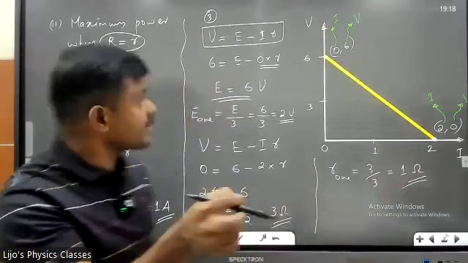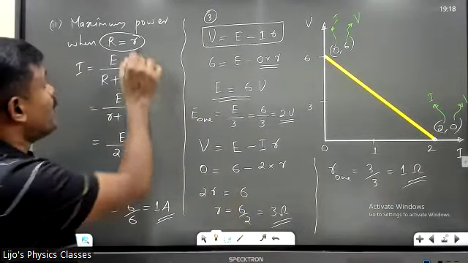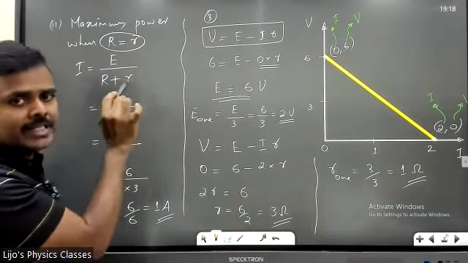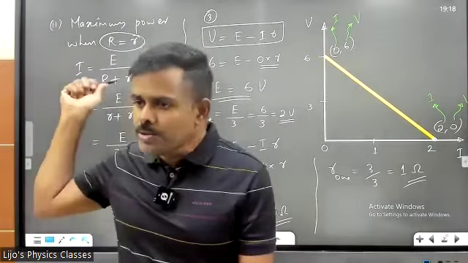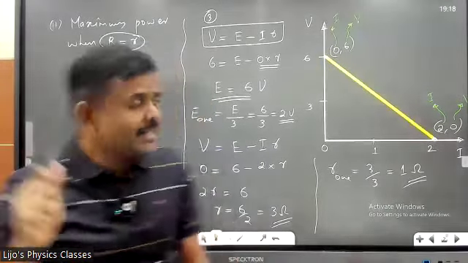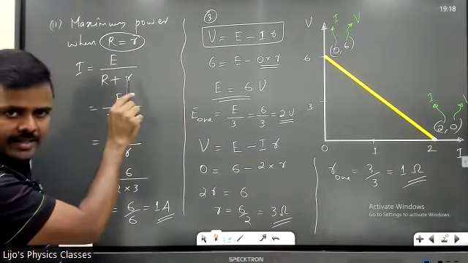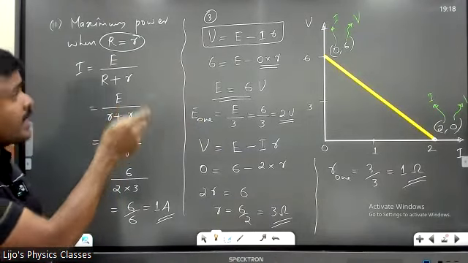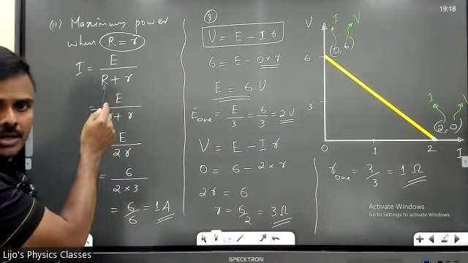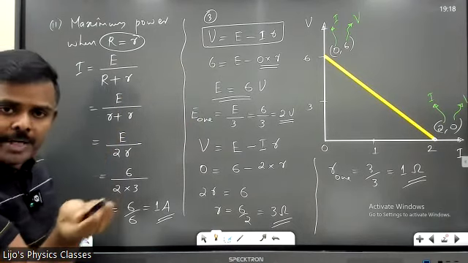And they are also asking in the second part, it's a 3-mark question, maximum power. When is the power maximum? Capital R is equal to small letter r. Got it? And then I write the current. They are asking for current, E by R plus r. And you can put capital R as small r or small r as capital R, depending upon what is given